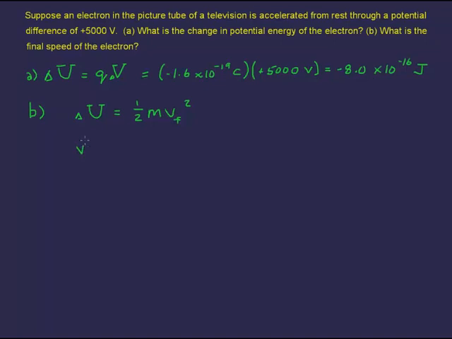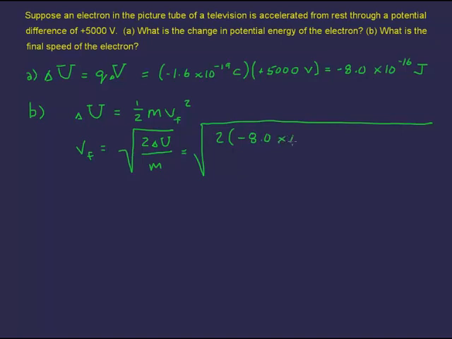If I solve that for v final, I'm going to get the square root of 2 times the change in potential energy over the mass. And we can plug all those numbers in. 2 times negative 8.0 times 10 to the negative 16 joules over the mass of 9.11 times 10 to the negative 31 kilograms